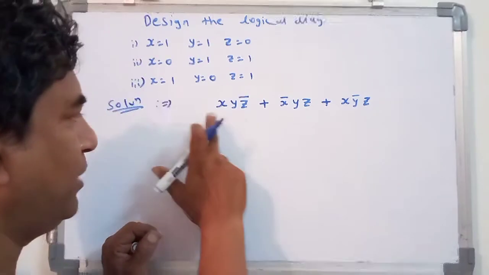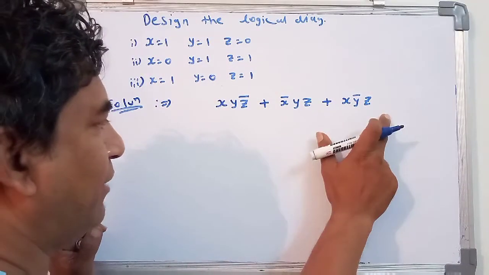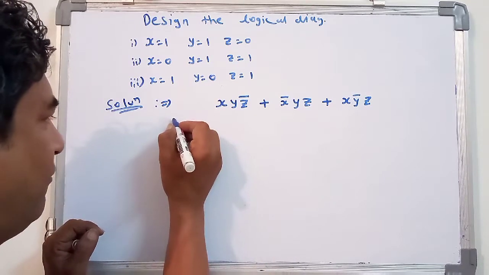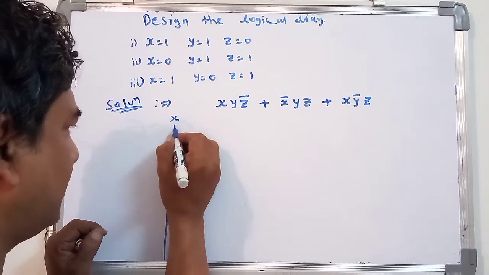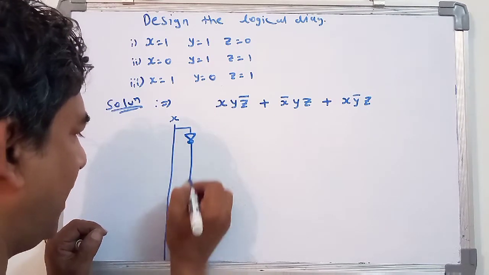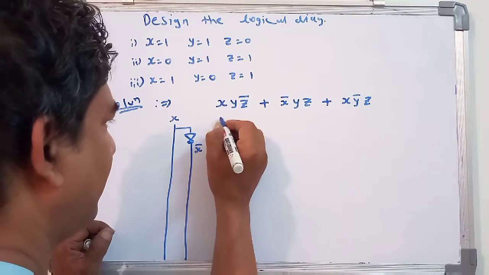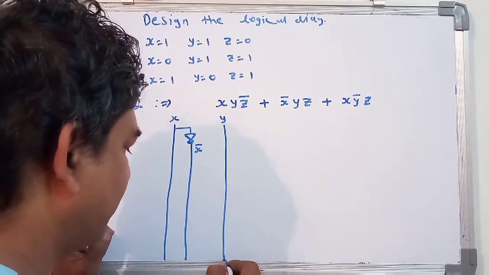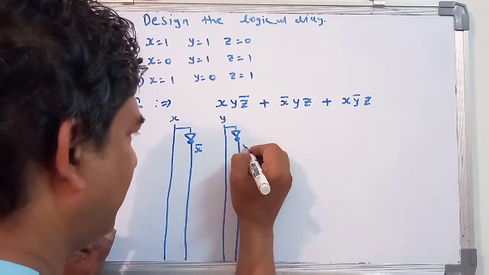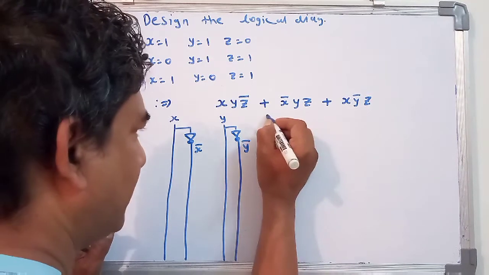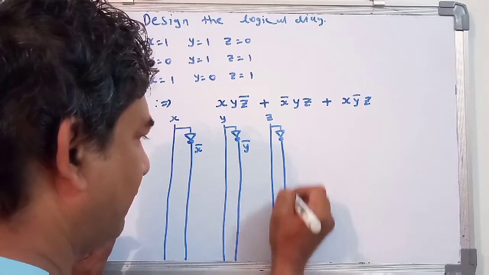So how many variables are there, first observe here. After observing the variables, you have to mark the values and the lines. This is the line for x, and this is the inverter line which will give you the name x bar. Then for y, consider the line as y, and then connect an inverter. Here you will be getting y bar. Then consider the z line,